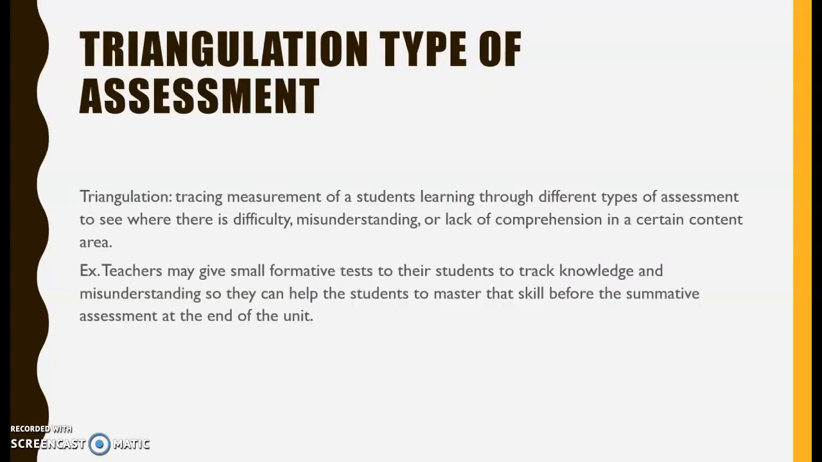Triangulation type of assessment. Triangulation is tracing the measurement of students' learning through different types of assessment to see where there is difficulty, misunderstanding, or lack of comprehension in a certain content area. This method of multiple tests or assessments is used to track and evaluate students' progress in understanding and gaining knowledge of certain skills, concepts